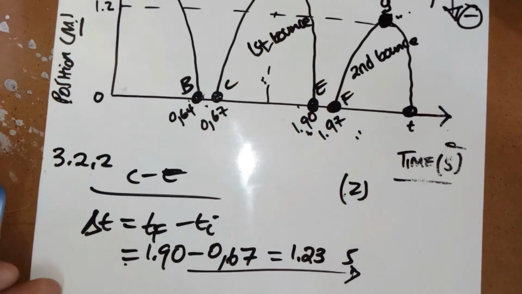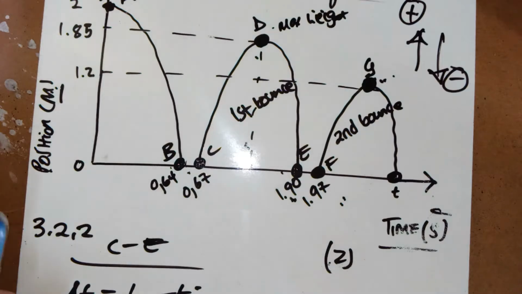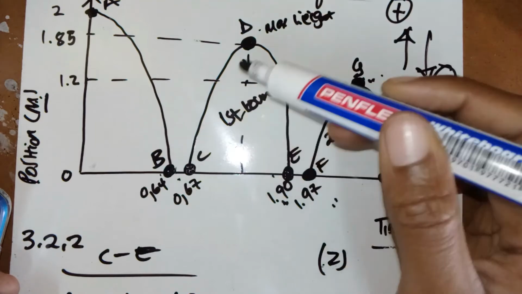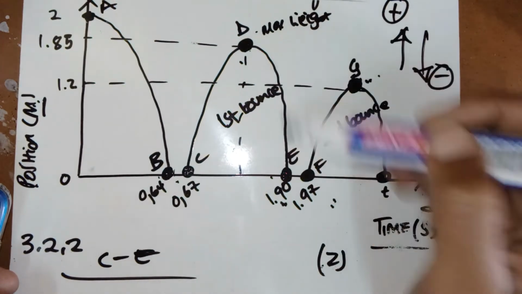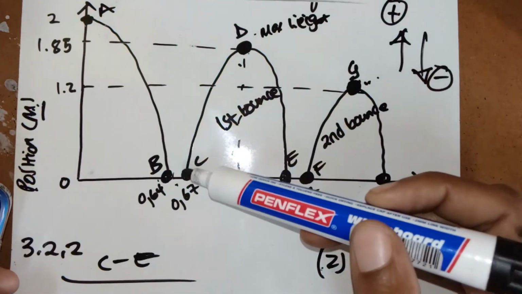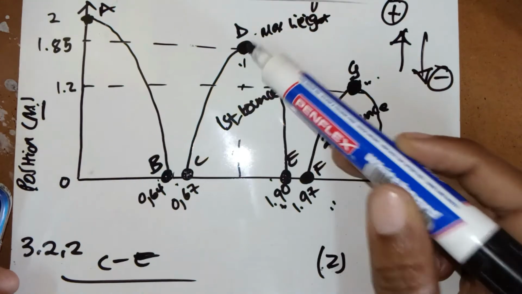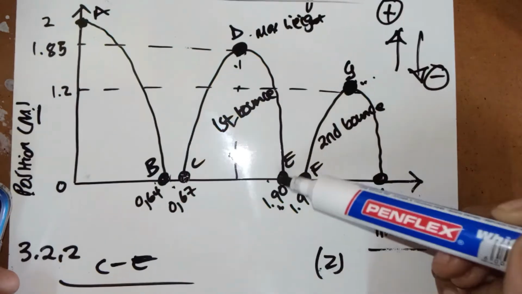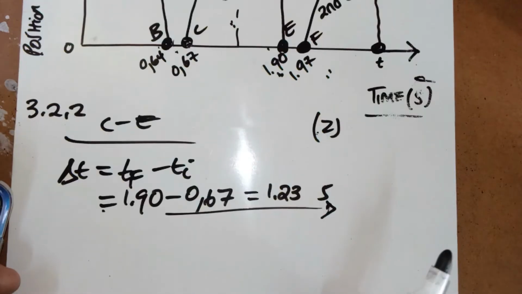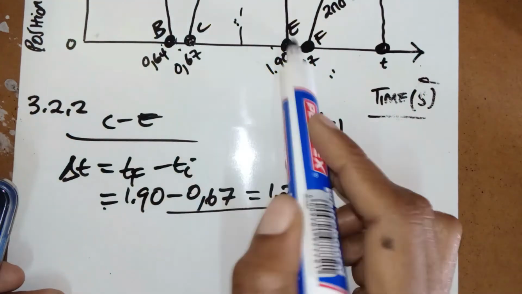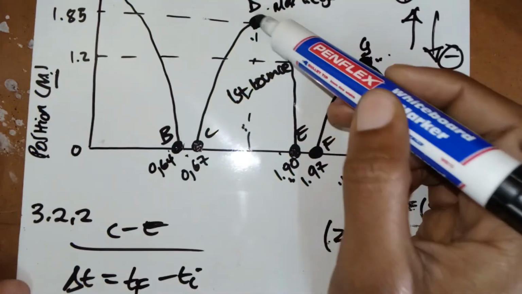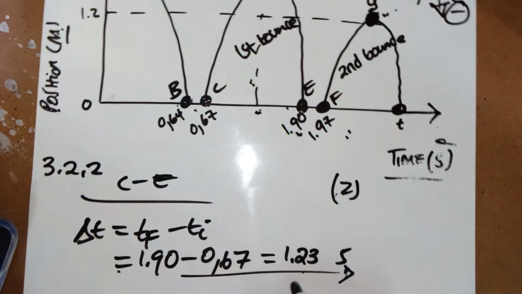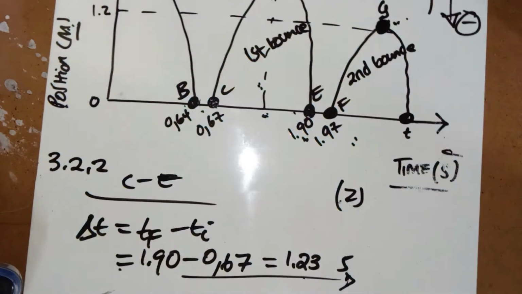But then what do we know about projectile motion? We know that this graph, even though it doesn't look symmetric because I cannot draw to save my life, is actually symmetric. This means the time it takes for this ball to move from here to here is also the time it will take to move from the maximum height to the initial position. So that is why the first thing I did was to find this time, and then I will know it reached the maximum height right in the middle. So the time to reach